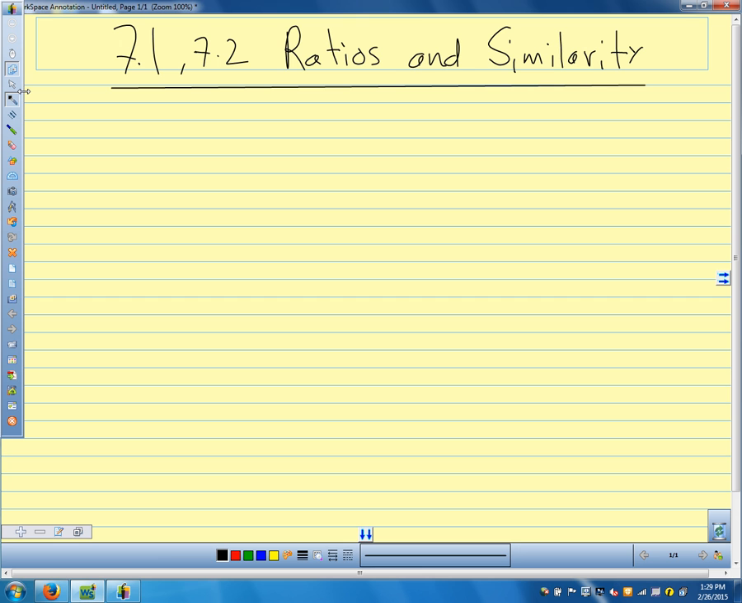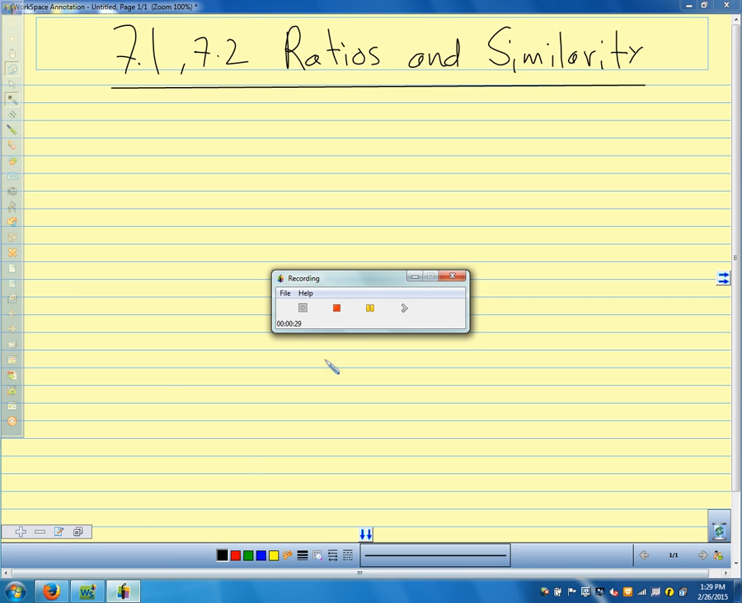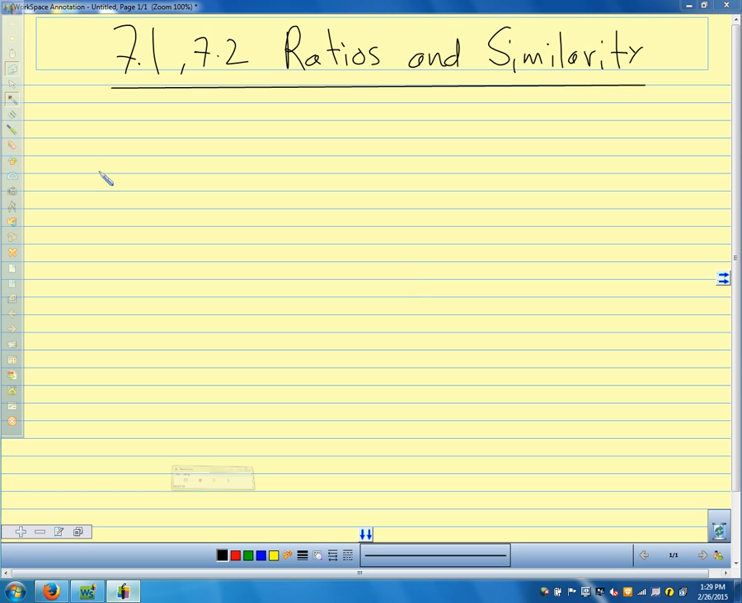So ratios and similarity. First off, let's make sure we understand what we mean when we talk about a ratio. What is a ratio? What do we mean when we're talking about ratios? Any ideas? Compare, it has to do with comparing. Right. So that's how, for every certain amount of one thing, how much of another thing do we have? So it has to do with comparing, and we do it with